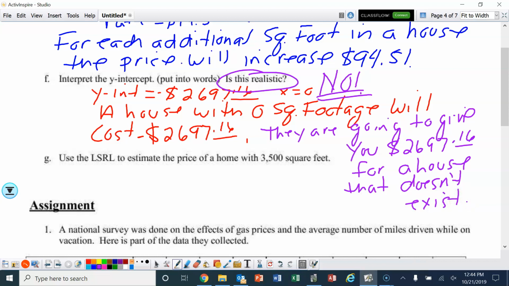Okay, it's not realistic. It's not going to happen. But you do need that to use your prediction. You have to have that in your equation. So